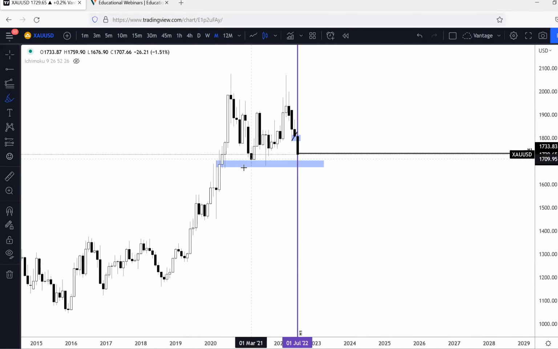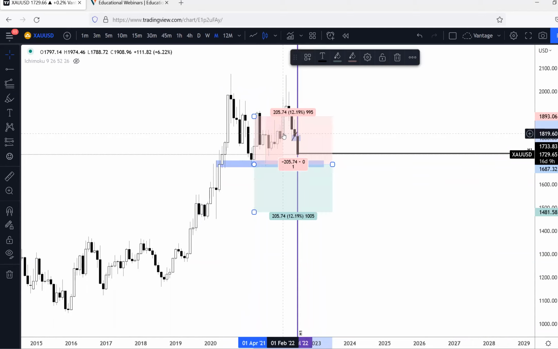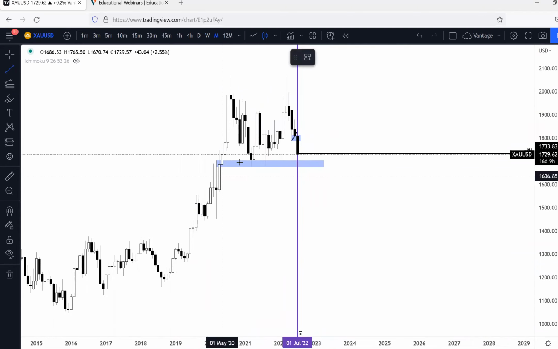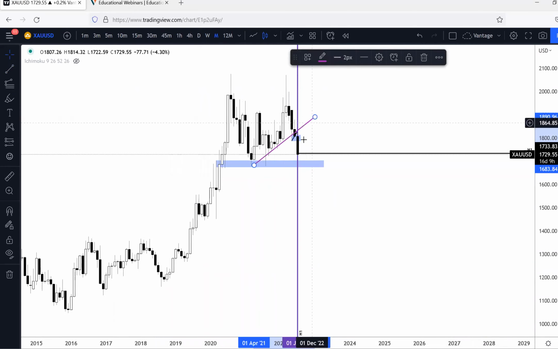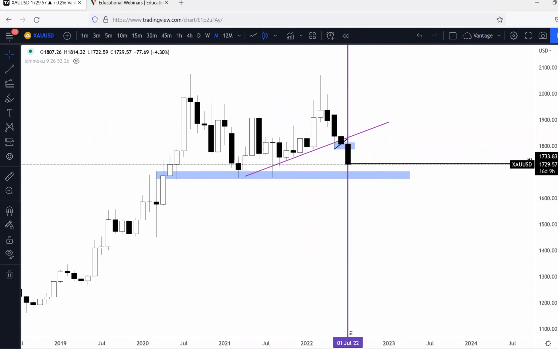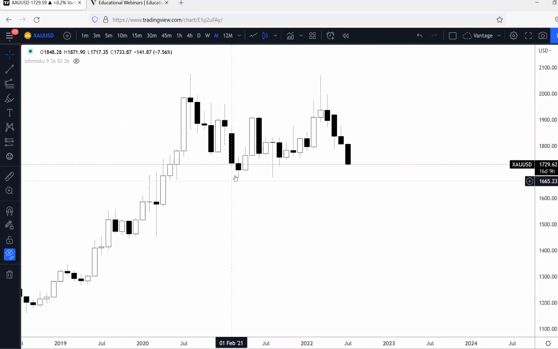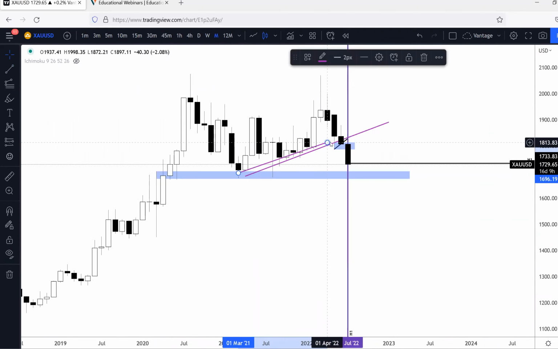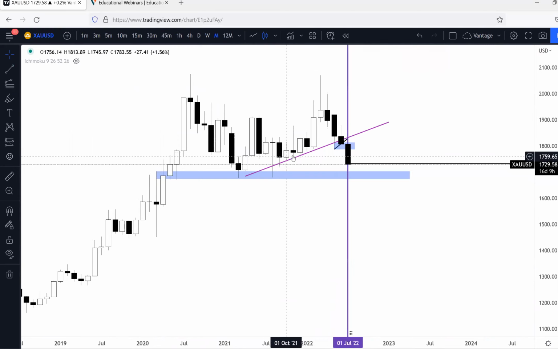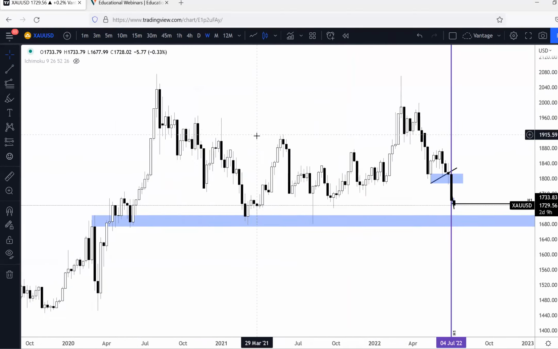on the monthly picture, price broke this ascending trend line. You see very neatly over here. Sorry for that. So price broke this ascending trend line. We see a clear break below this level. So if I were to hide the drawing, you can see there's this ascending trend line which price broke. And right now, in terms of the weekly time frame, we have also identified another support zone, and